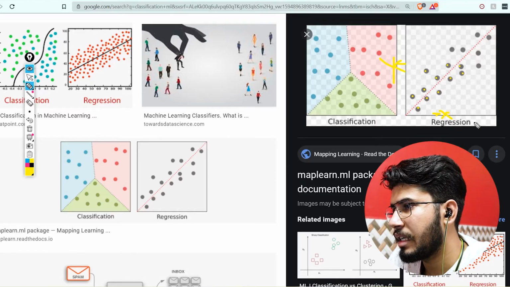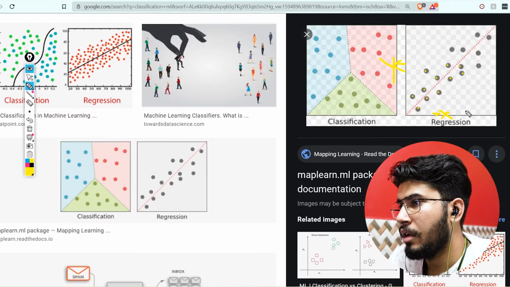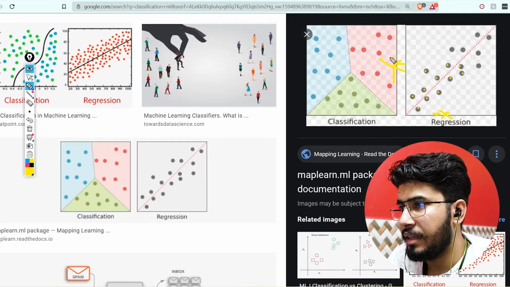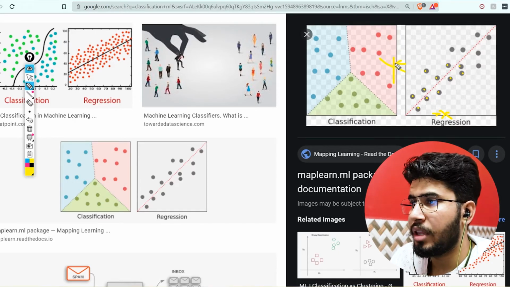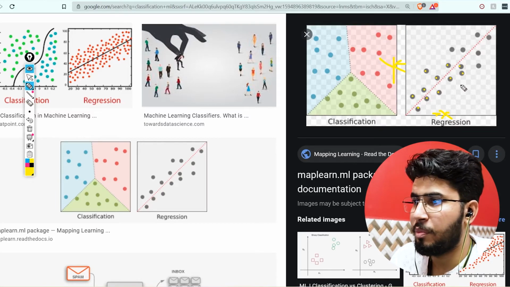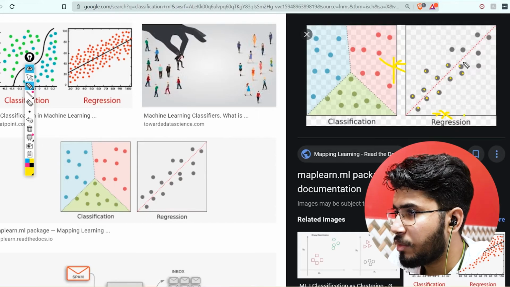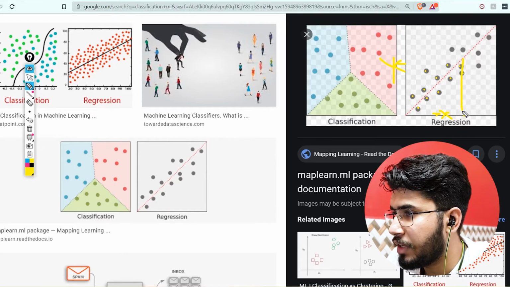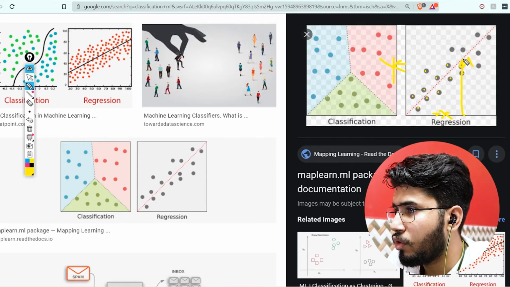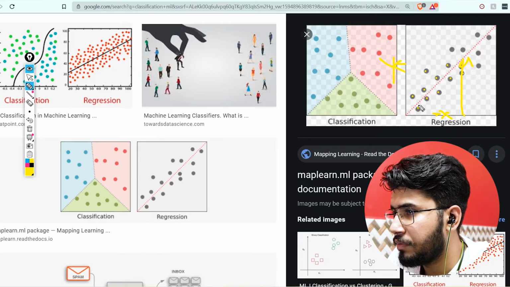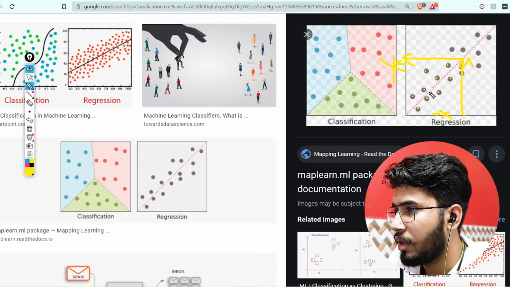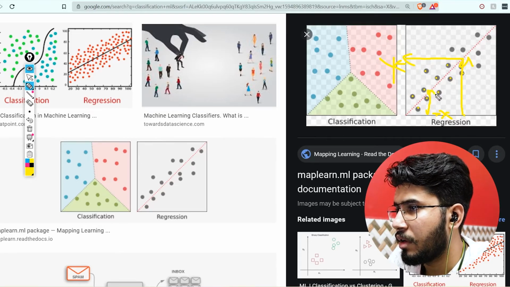Let's suppose this x parameter is the number of hours studied, and this y parameter is the output, that is the percentage of a person. If we give this x, our regression algorithm is going to give this output as y. If we give this x, our regression algorithm is going to give an output like this.